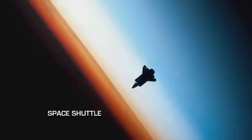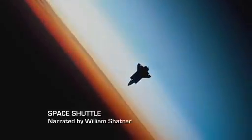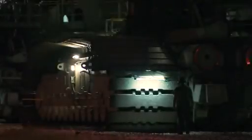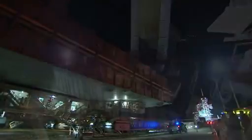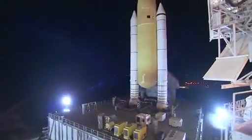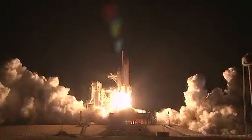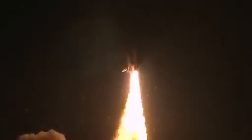NASA Space Shuttle. Space Shuttle Endeavour is rolling out to Launch Pad 39A at NASA's Kennedy Space Center in Florida. In 24 missions, flown over 20 years, Endeavour has logged more than 103 million miles in space. The last of NASA's shuttles to be built, Endeavour prepares for her final flight,